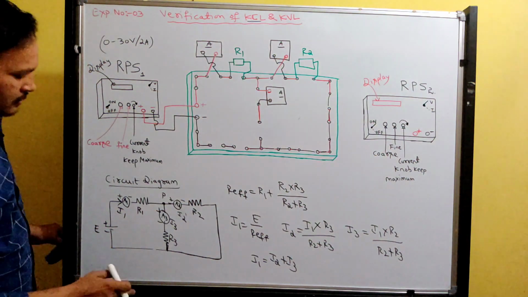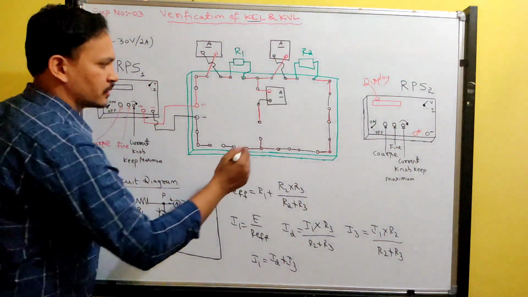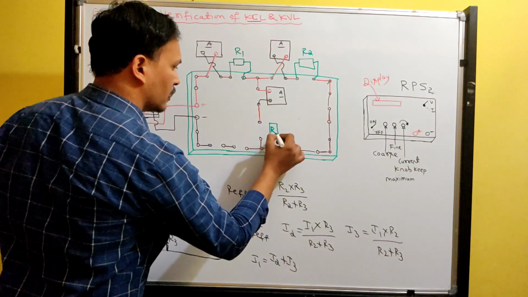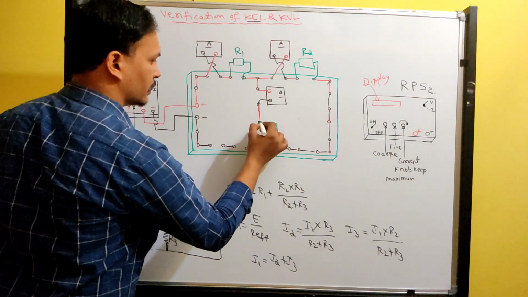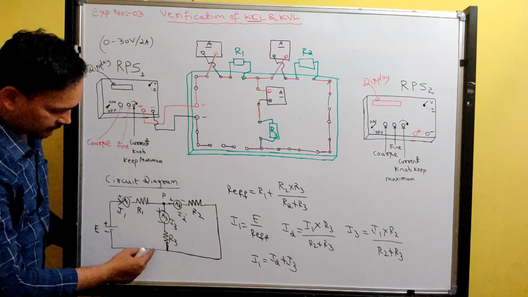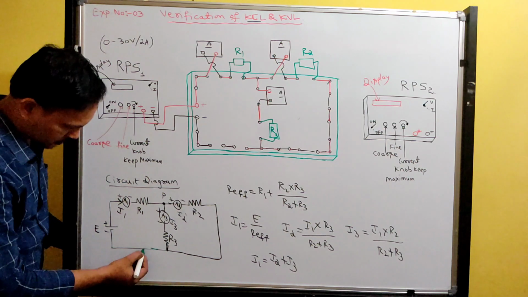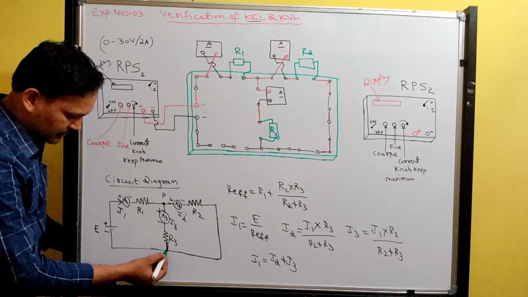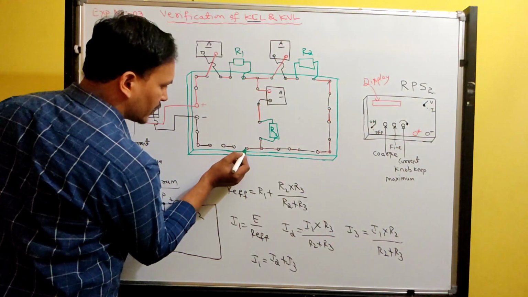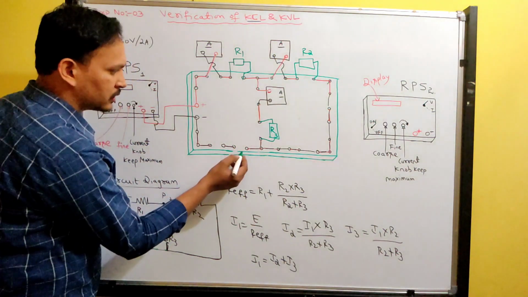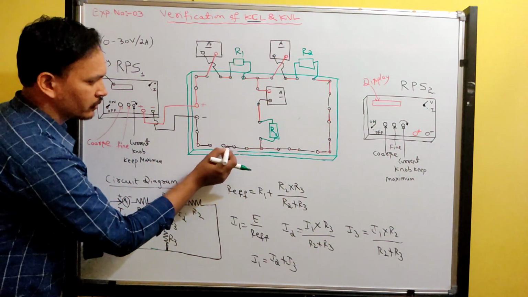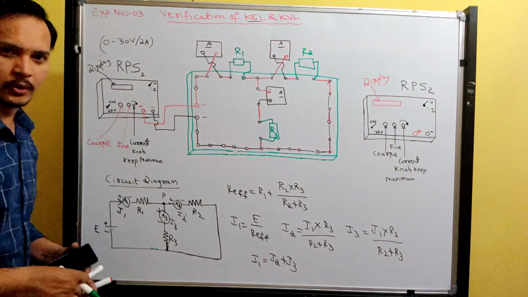So next, look here. R3 resistor I need to place. Now you connect the R3 resistor here. Okay, R3 is connected. Then finally, we don't have any instrument or component, so this is connected back to the negative of the supply. You can join a wire from here to here, otherwise you join individually. Whichever is convenient for you, you can do it.